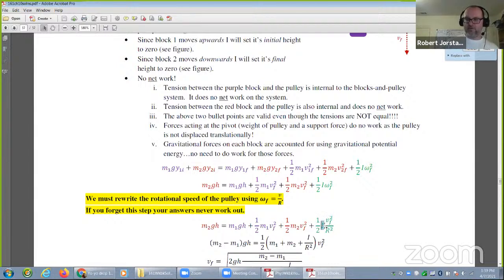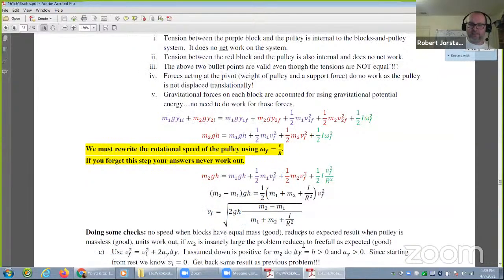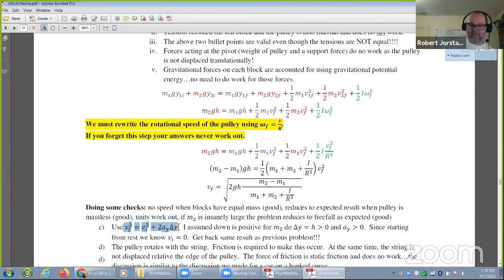Notice you still have the moment of inertia and you have the 1/2 from the energy equation. So if you had another 1/2 in the moment of inertia, watch out for that one. All right, so you get this big ugly mess. So not a problem. From here, you could use kinematics,